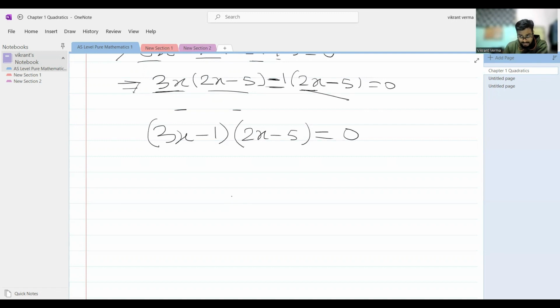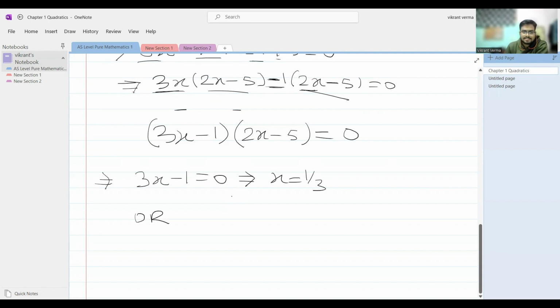What the IGCSE level will do is write this step: either 3x minus 1 equal to 0, which will give the solution x equal to 1 by 3. This is the first solution. Or, the second step is 2x minus 5 equal to 0, which will give the solution to be